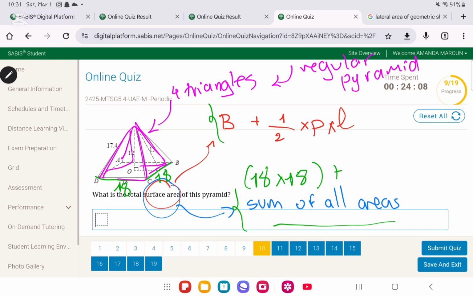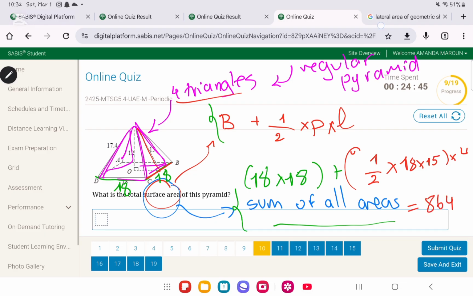Now, very simply, to find the area of one of the sides, we are given the height over here, and we have the base to be 18. So you can find it by doing 1/2 times the base, which is 18, times the height, which is 15, and then multiplied by the number of triangles. We have 4 triangles, so times 4. If you put it on the calculator, 18 times 18 plus 1/2 times 18 times 15 times 4, you are going to get an answer which is